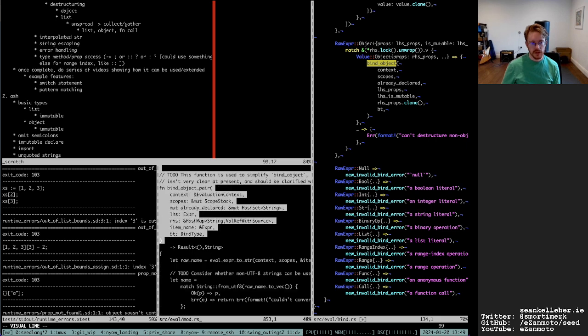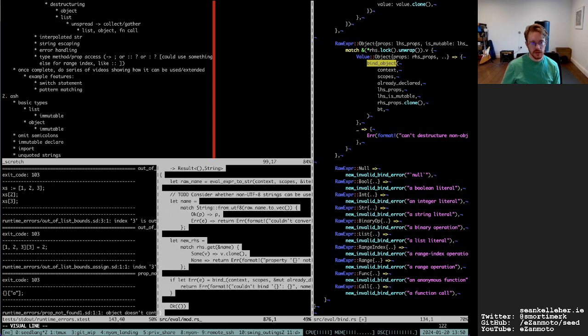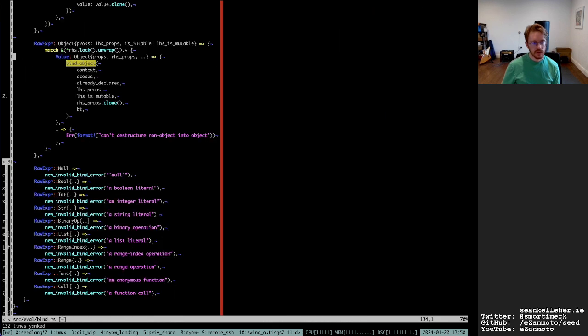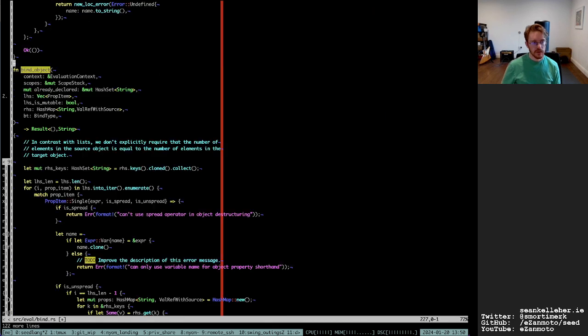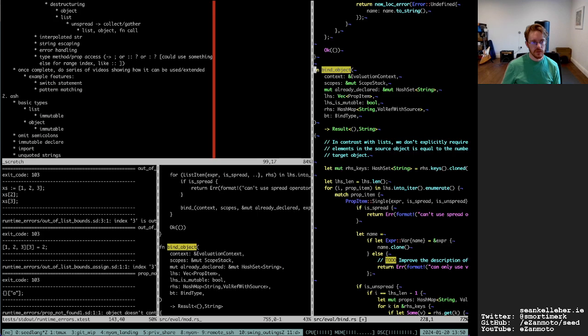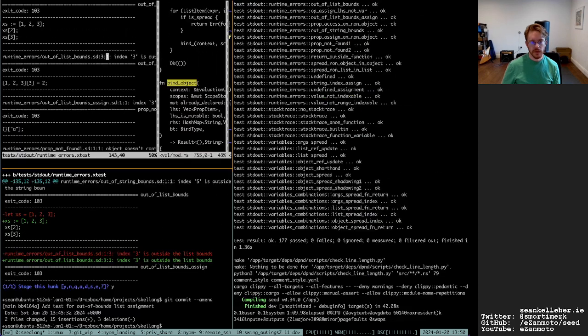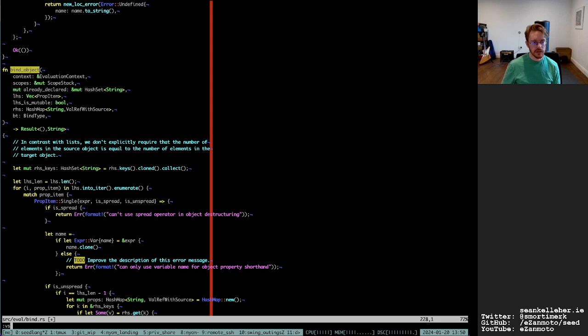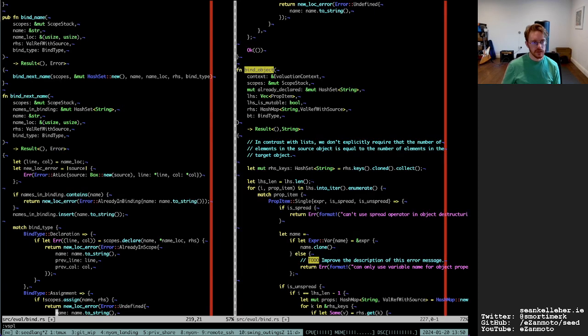Bind object pair. So let's see, where are we when we compile that? Or I'll do some initial surveying of the landscape.